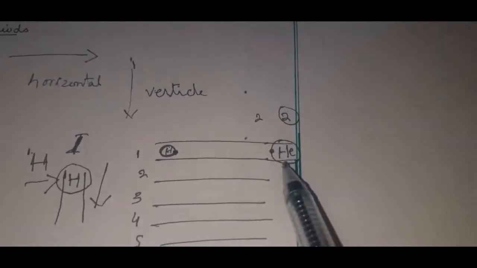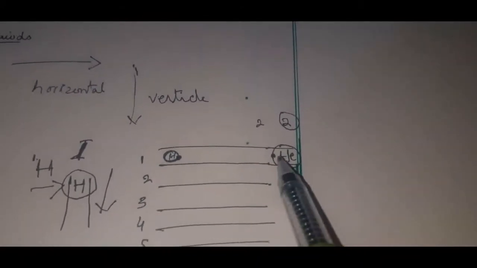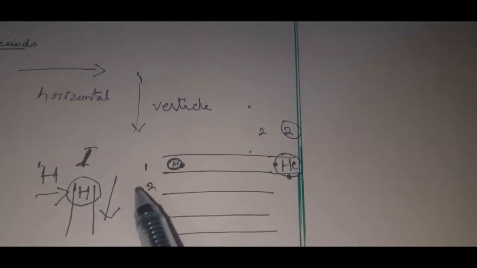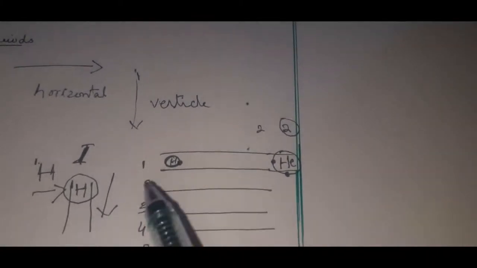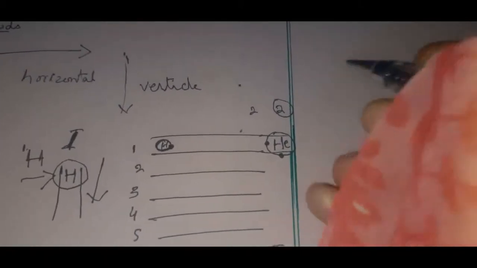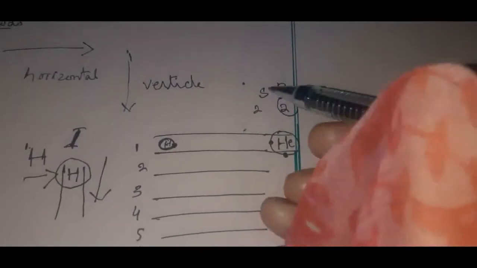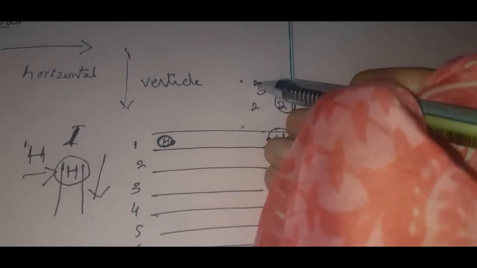So hydrogen has a capacity of 1 electron, whereas helium can accommodate 2 electrons. But overall, how many shells are here? It's only 1 in hydrogen and only 1 in helium. This means that the first period has how many shells? 1 shell. Then the second period has 2 shells, right? 2 shells means first will be S and the other will be P. S means it will have 2 electrons, whereas P will have 6 electrons.